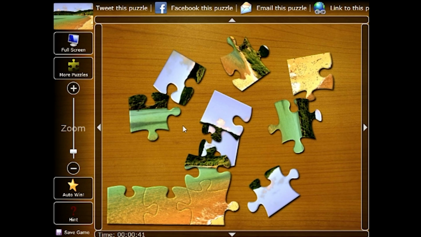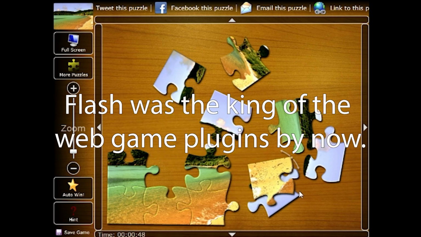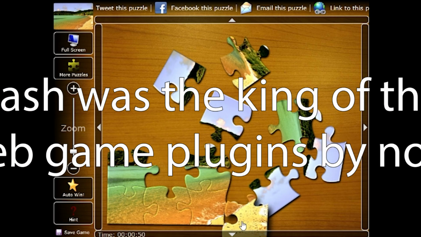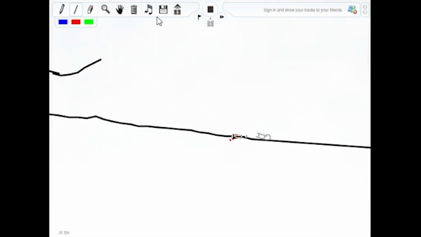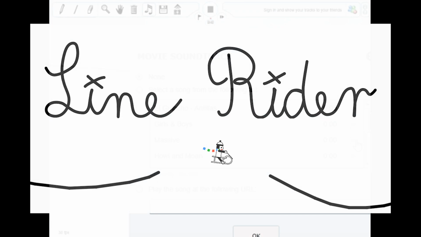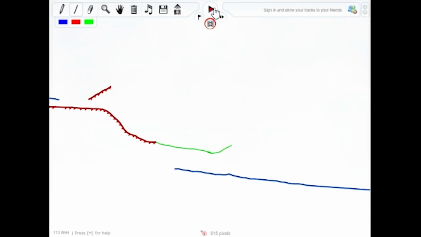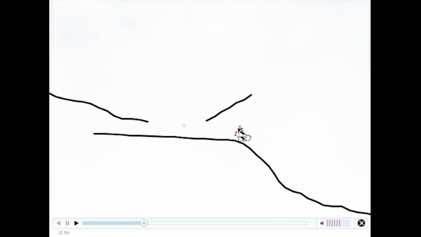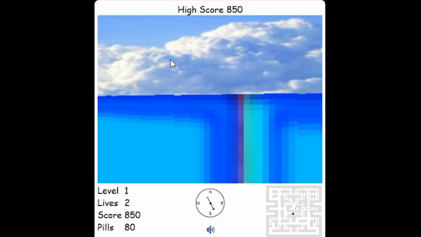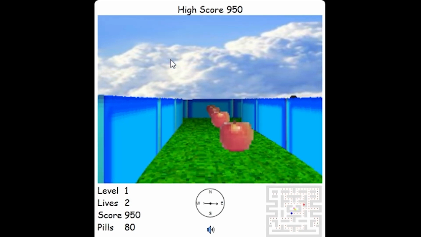Within the gaming space, though, usage of Silverlight in games remained minimal, as Flash by this point was the undisputed king in this field. However, a few notable Silverlight games were still made. Intriguingly, a Silverlight version of Flash hit Line Rider was made in the wake of the Flash version's success, featuring extra features not in the original, such as an erase tool, though this would be merged back into the original game. A small amount of tech demos would also exist for Silverlight, such as a space shooter and a Pac-Man